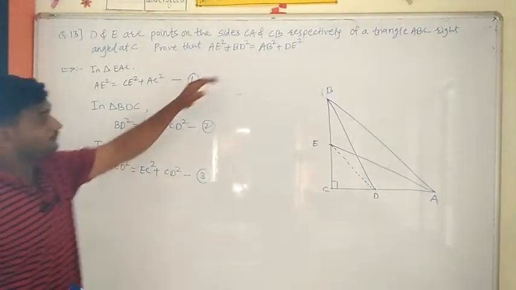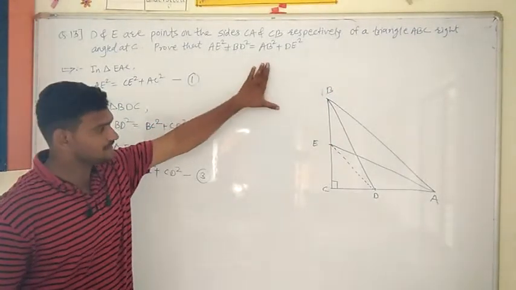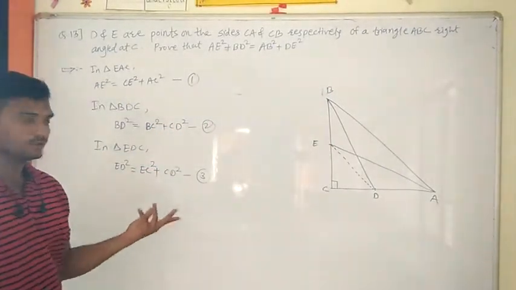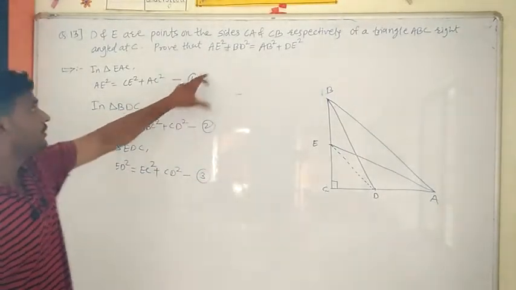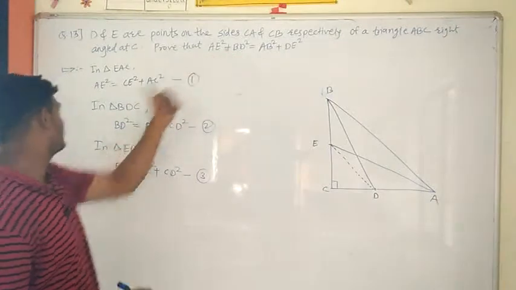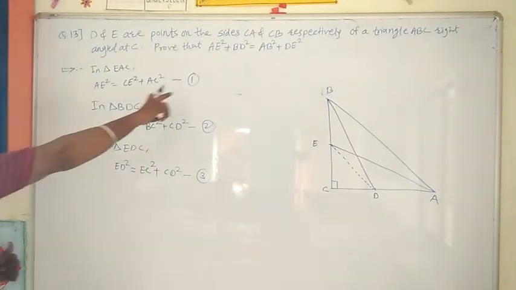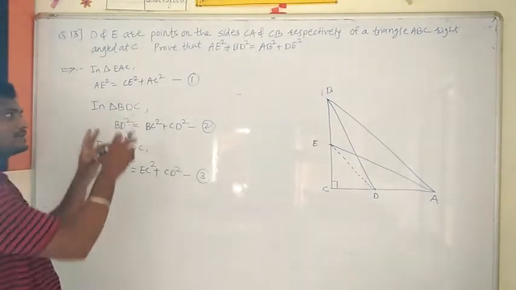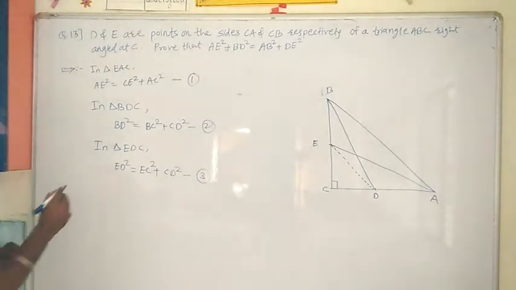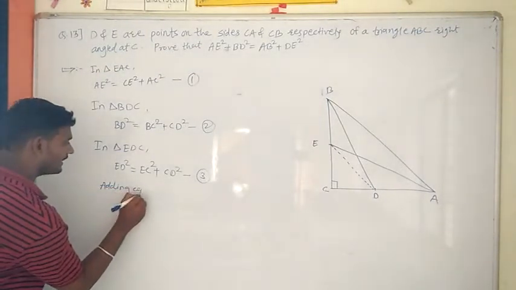Now, in the proof we want AB square also. That is BC. Let us see how to prove this. Now, first we will add equation number 1 and 2 because we want here AE square plus BD square. LHS of equation 1 is AE square, and in equation 2, LHS is BD square. Adding equation 1 and 2,